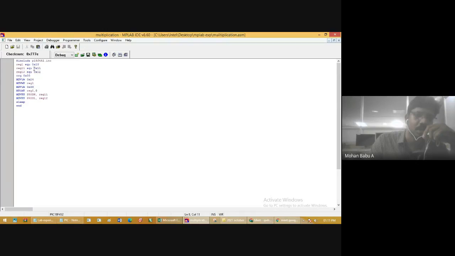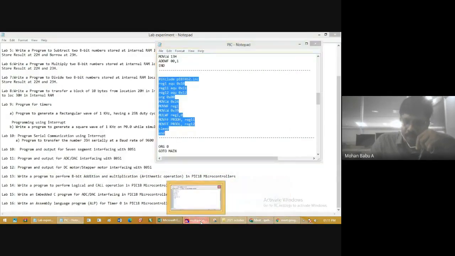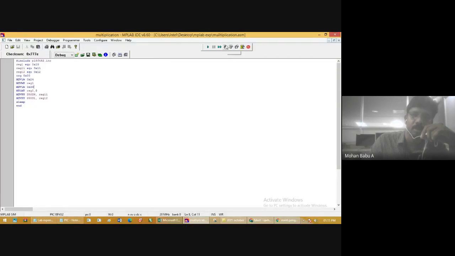The higher byte is stored in the location 0x11. The lower byte of the result is stored in the location 0x12. We will see the result after performing the multiplication of data 39 with 24. The result is nearly 804. We will see where the result is stored. After build all, go to the debugger, select tool, then click MPLAB SIM. This will open the simulation window with the simulation options. Click step into, and simulate the code one by one.